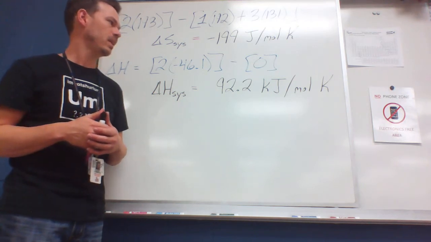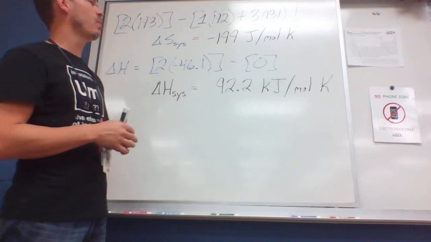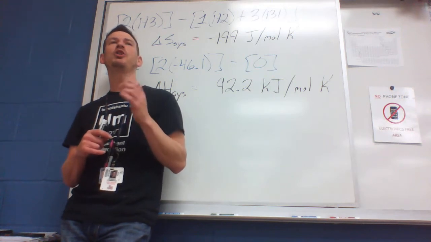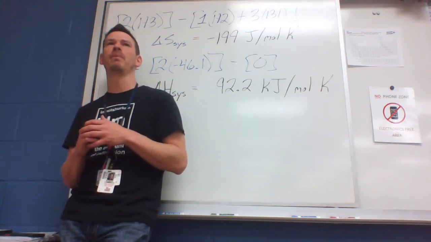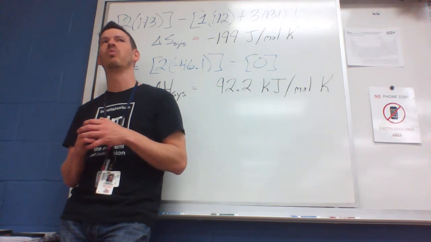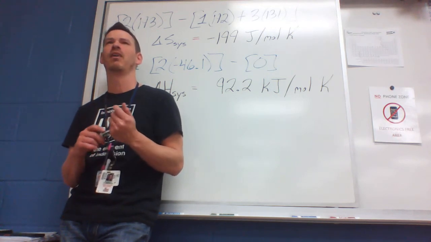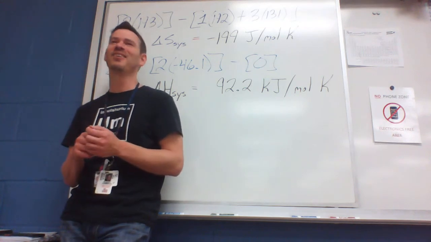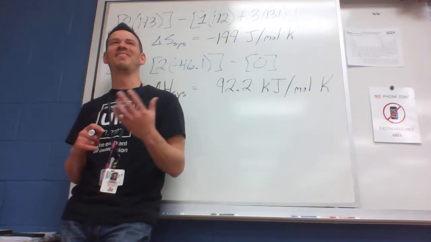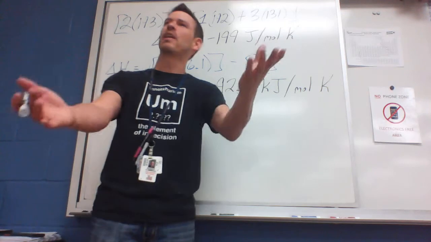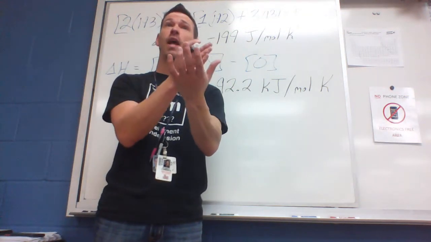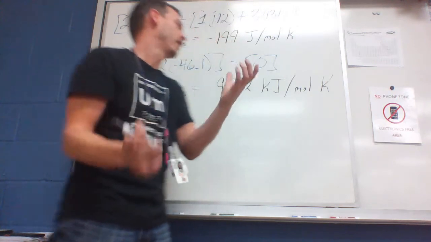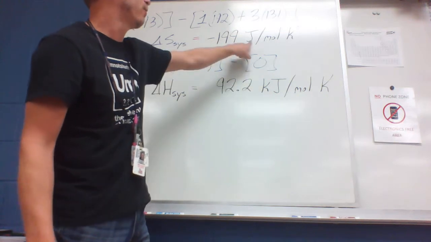Now it says that we want to divide it by temperature. I want you to compare our entropy to our enthalpy values that we've calculated so far. What about them makes them impossible to compare? They're different units. So before I divide by temperature, because that's what we're going to do, I want to fix the fact that comparatively, they're in different units.